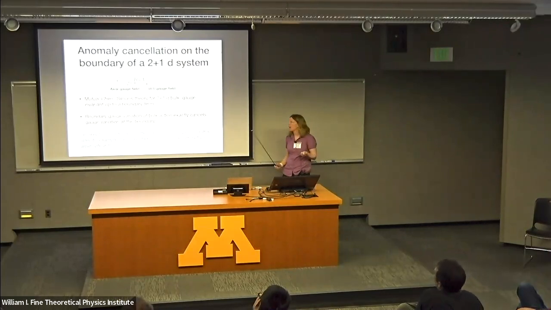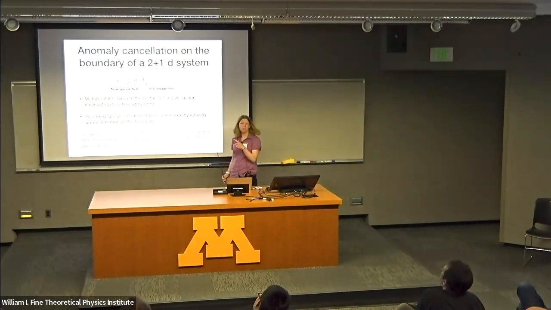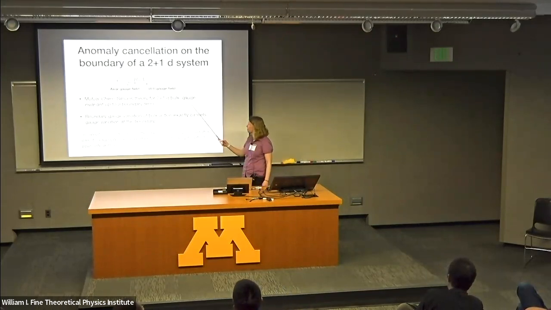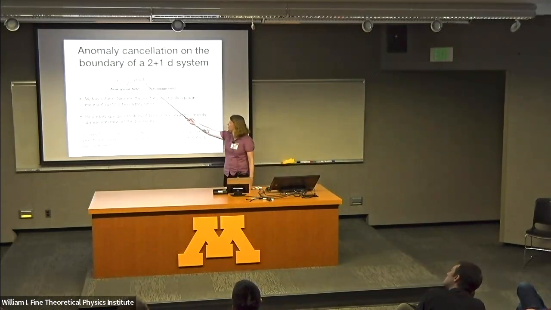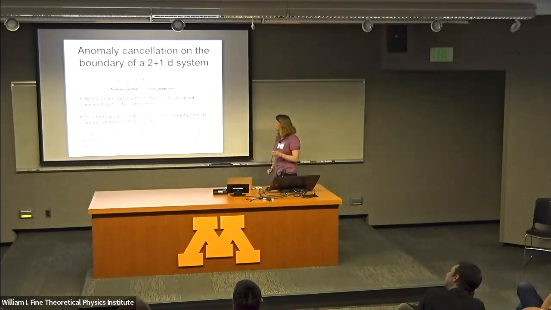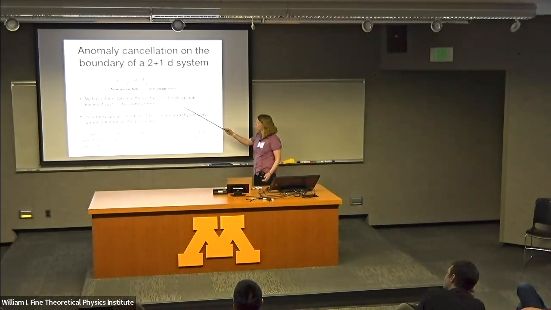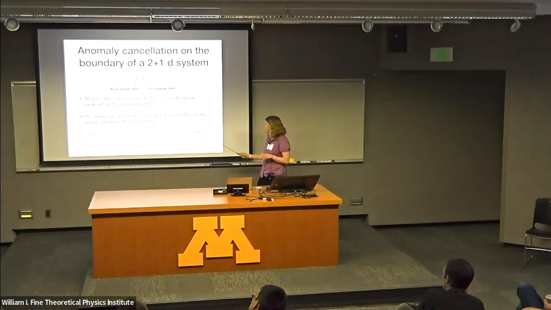Now, the story that I want to tell is a little bit different from that. We'll come back to this picture at the end, but it's also the case that if I put this theory on the boundary of a two-dimensional system, and I write an appropriate bulk term, so this would be a gauge field corresponding to this axial symmetry, and this is my ordinary U1 gauge field, and I write down this mutual Chern-Simons theory in the bulk, right? So now the bulk is not gauge invariant under both of these gauge fields, but the boundary is also not gauge invariant under both of these fields,